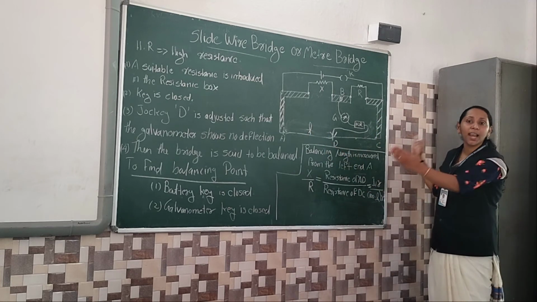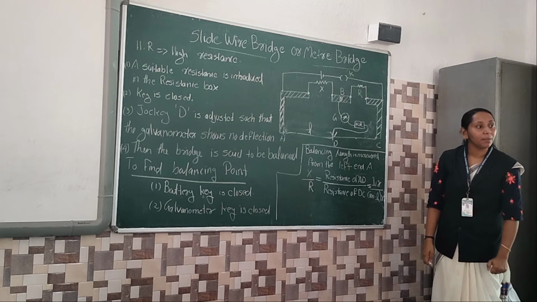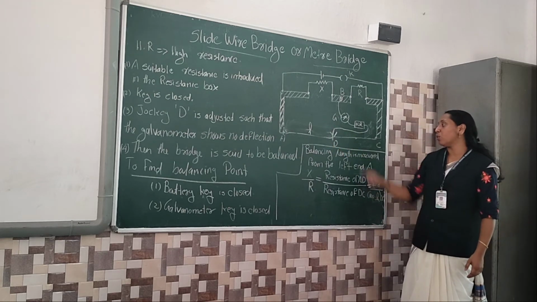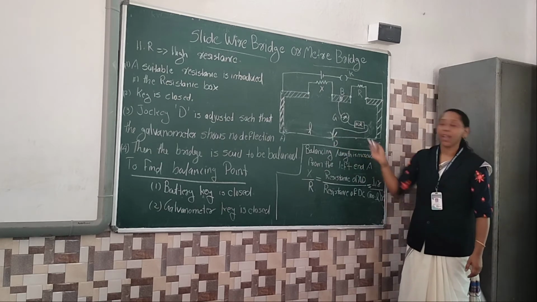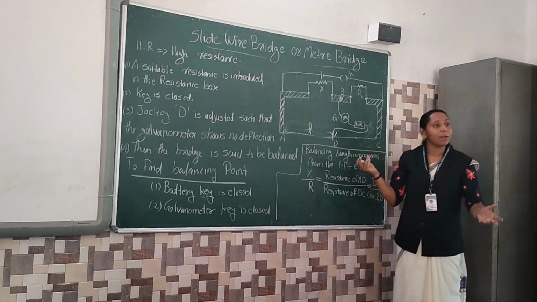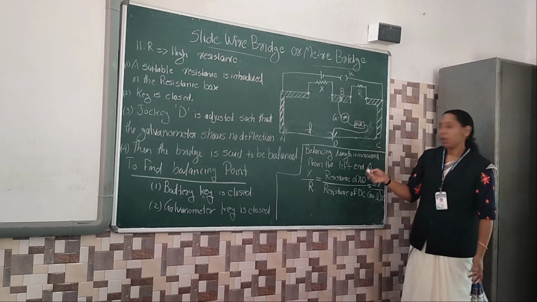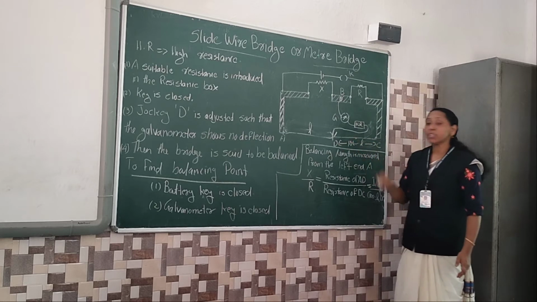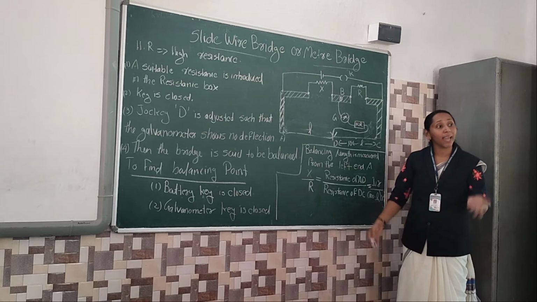What is the total length of AC? 1 meter. That means how many centimeter? 100 centimeter है ना. So A to D length L है तो B to C कितना है? पूरा 100 है, A to D तक L है, L मतलब length of the balancing point. So D to C is 100 minus L. कितना समझ गया? Now where is your balancing point? At D. What is your balancing length?